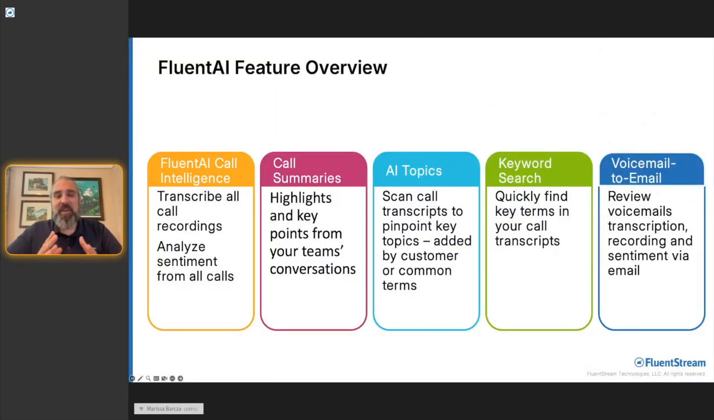So, a quick Fluent AI feature overview. What we have to offer is Fluent AI Call Intelligence. This is transcriptions for all call recordings, as well as a sentiment analysis specific to each call, analyzing individual portions of said call. There are high level call summaries that highlight key points from conversations that occurred throughout any of the calls that are recorded,